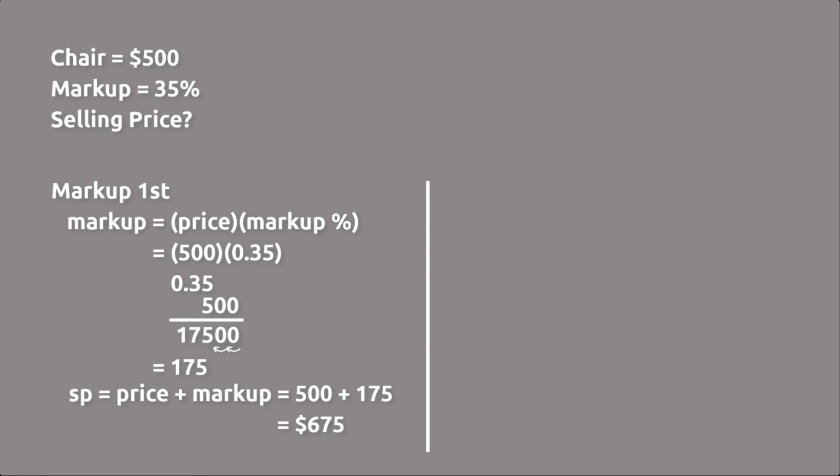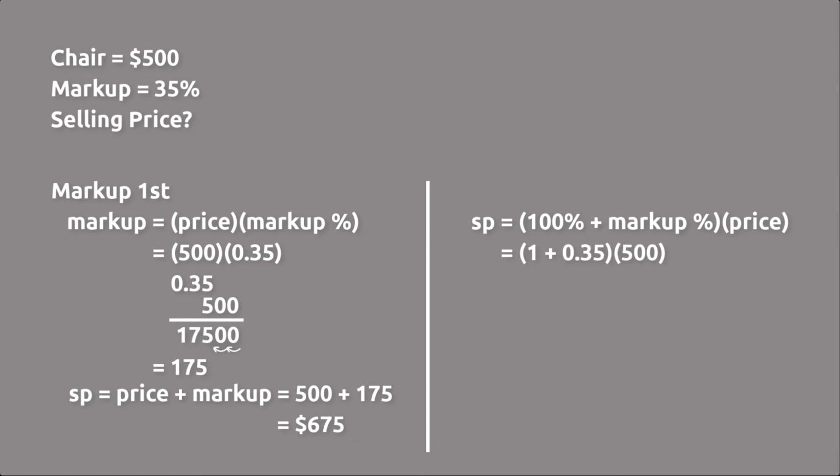and sales tax for that matter. Only that would be a more complicated process. One more step. So selling price equals 100% plus the markup percent times the asking price. That equals, we'll go ahead and substitute the decimals. 1 plus the markup, which is the 35%, so 0.35, times the price, which is $500, and that equals